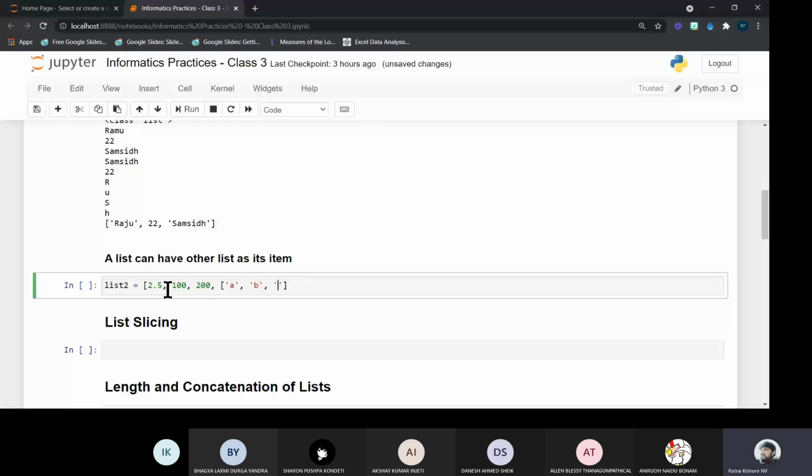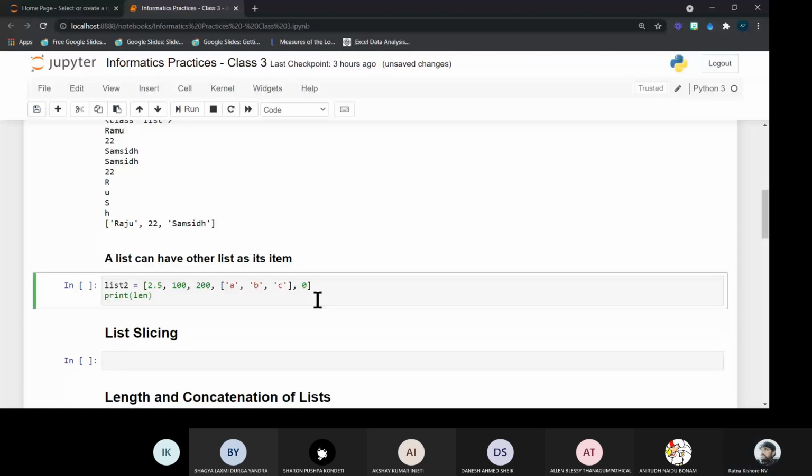Those are the elements we have in list 2. What is the size of that list? If I display the length of that list, what will I get? See, the first item is 2.5, the second item is 100, the third item is 200, the fourth item is another list, and the fifth item is 0. Then if you display the length of list 2, you will get 5.